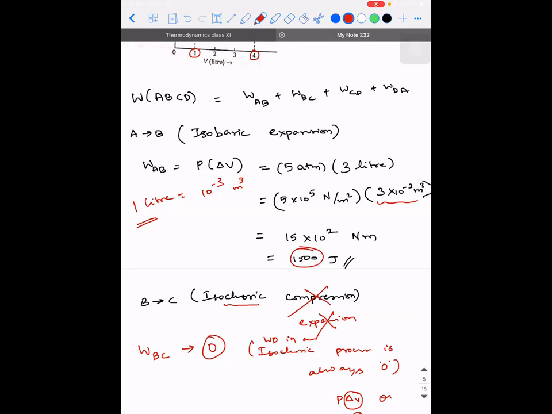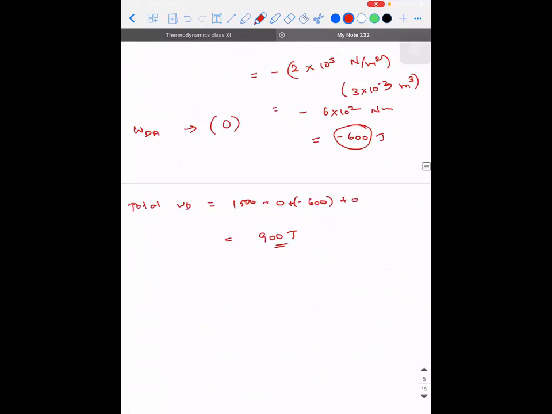Okay, sir. So, sir, shall I go on to the next? So isochoric process, we don't even have to consider the work done, right, sir? There is no work done. If you see the word isochoric process, you can close your eyes and write 0. Okay, sir. I hope this problem is clear, right?